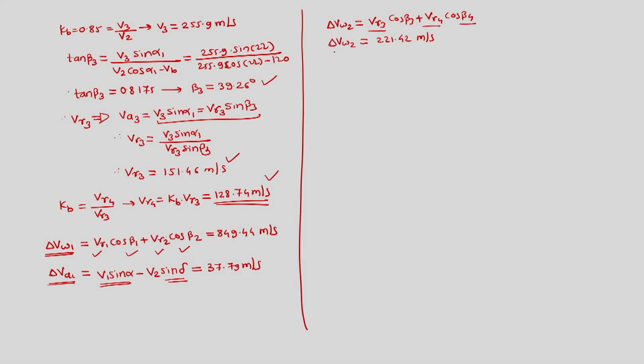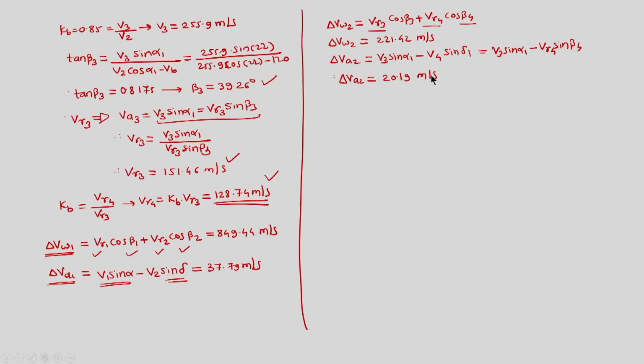So from that we found delta VW2. Similarly, delta VA2 is equal to V3 sin alpha 1 minus V4 sin delta 1, but this is also equal to V3 sin alpha 1 minus VR4 sin beta 4, since beta 4 is given to us. So from that delta VA2 is equal to